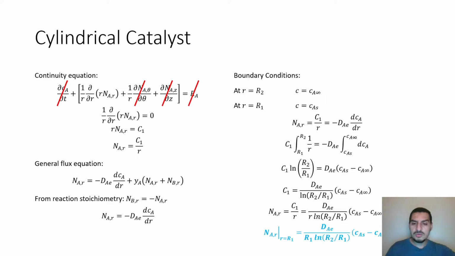Hello everybody. So we're still talking about the problem of the diffusion of reacting species in cylindrical and spherical catalyst. And here we will re-solve the problem with the changing of the boundary conditions. So these are the boundary conditions that we used to see, and we will see now the solution if we change the boundary condition to be at R equals R1, the flux equals